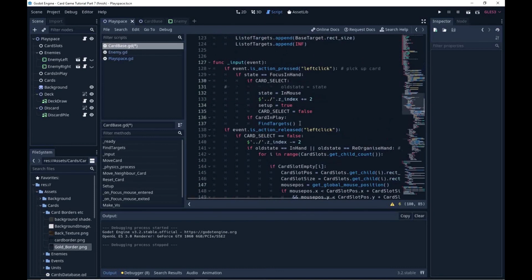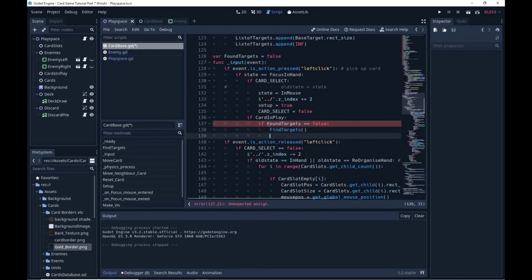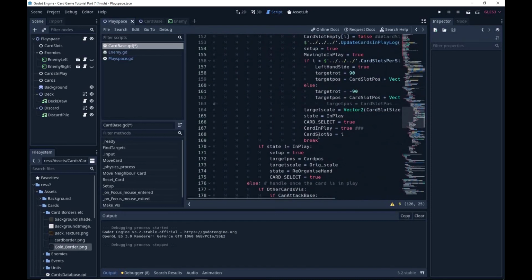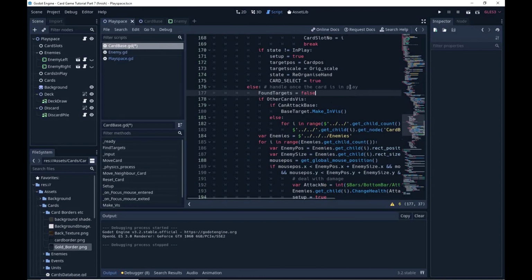every single frame I'm looking for targets again, which then makes them visible again. So what I should have done, I should have a new variable here that basically says I can only look for targets once. So found targets is false, and I can only look for targets if I haven't already found them. So then also need to say that once I found my targets, then found targets is true. I of course need to reset this. So whenever I release a card, when I'm in play, I'm going to say found targets is false, so I